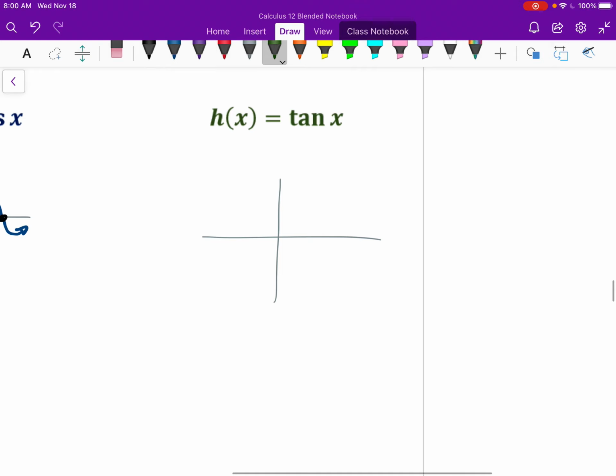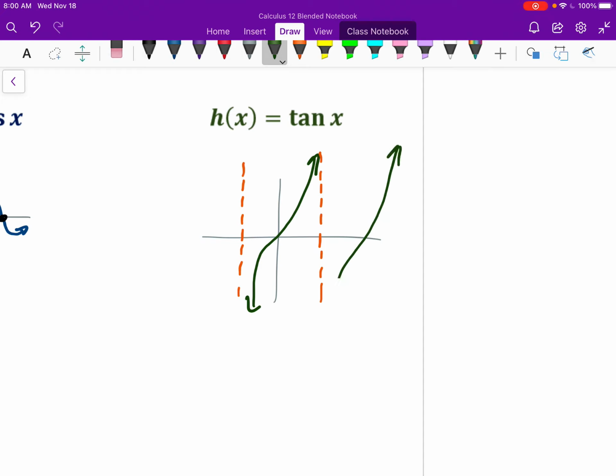Tangent behaves something like this, but it repeats over and over again, and there's vertical asymptotes. But it's still periodic, it still repeats, but it's definitely not a wave. And so for this, I want to label where the x-intercepts are at 0, at pi, 2 pi, but also these vertical asymptotes are at, this is at pi over 2, this is at negative pi over 2, the next one would be at 3 pi over 2,